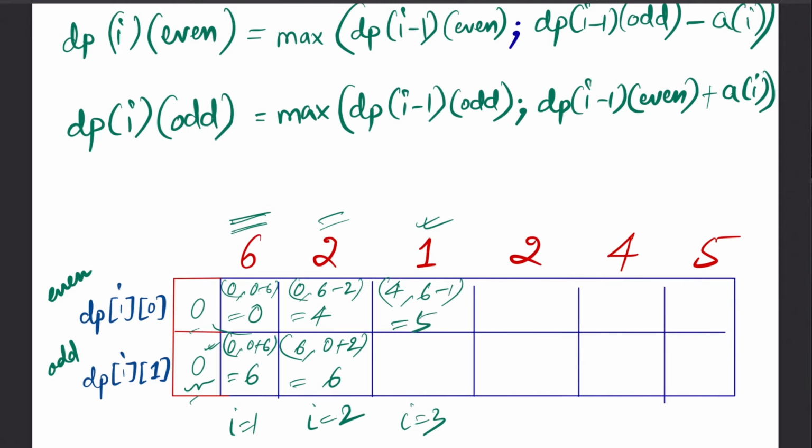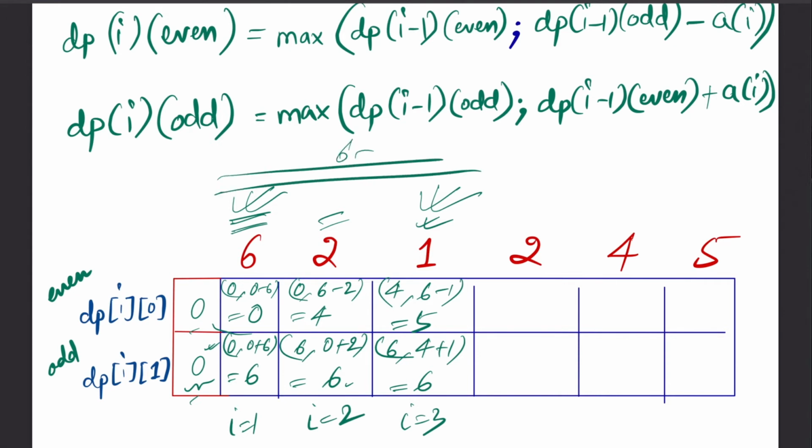Why? Because we can always take this 6 and we can always take this 1, and both will give us 6 minus 1, 5. So that is the best answer that we can have here. Next, let's see for odd length. What is the best odd length that we can have? We can either take 6, which was from the previous answer, or what do we have? We take the even length and we add 1 to it, which is the current value. So still 6 is the best that we can make. 6 is the best odd length we can make, because the other odd length that's possible is 6 minus 2 plus 1, 5, which is still less than 6 itself. We can still take this single odd index.